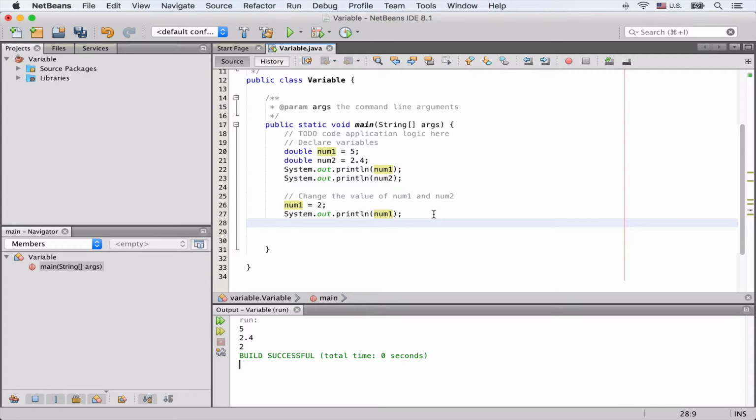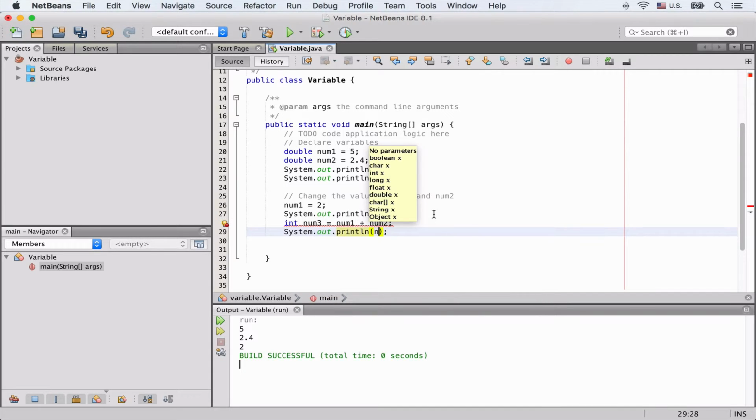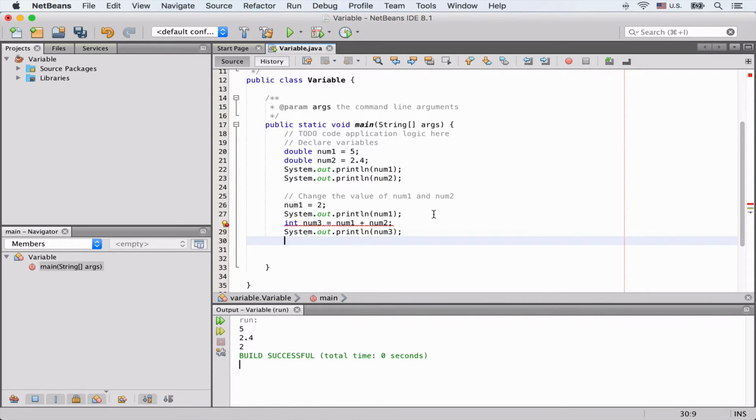We can also do operations on variables. For example, we have int num3 equal num1 plus num2. And we try to print it out to see what happened. num3. And actually, if we want to separate the output every time we print the value of a number, we can do